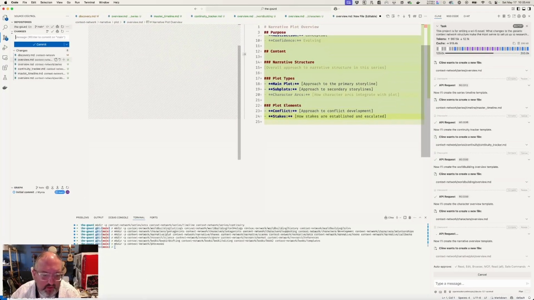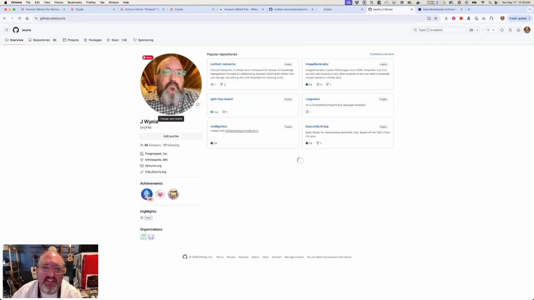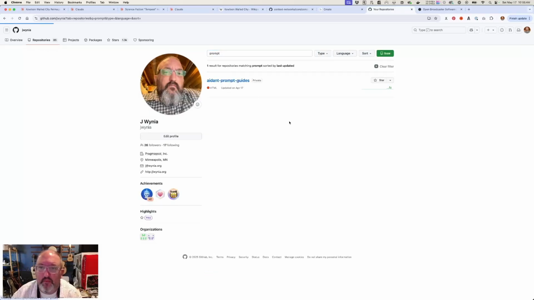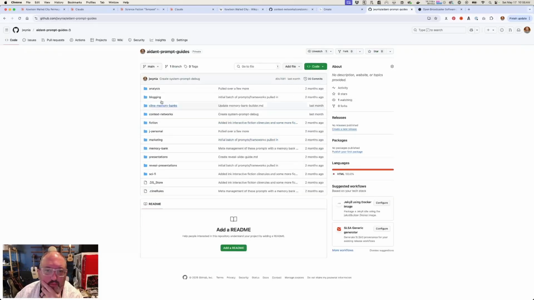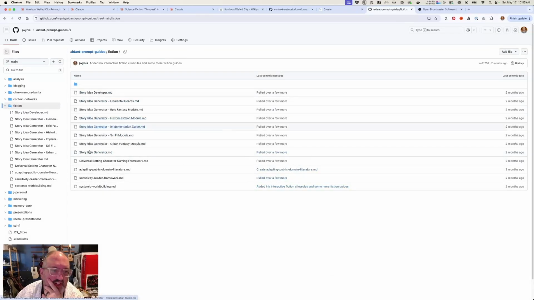So now I'm going to go out to GitHub, and I have a private repository that is my prompt guides, and this has a bunch of my fiction documents in it. So this has a lot of those documents that we were looking at. It's got how to do world building. It has a sensitivity reader that can be done, the adapting public domain. These are all the ones that you saw in the Claude project